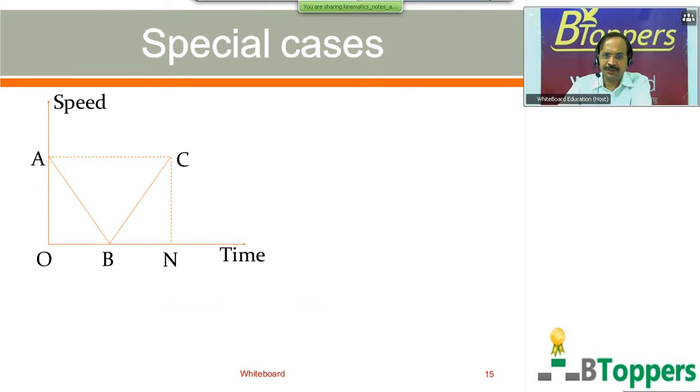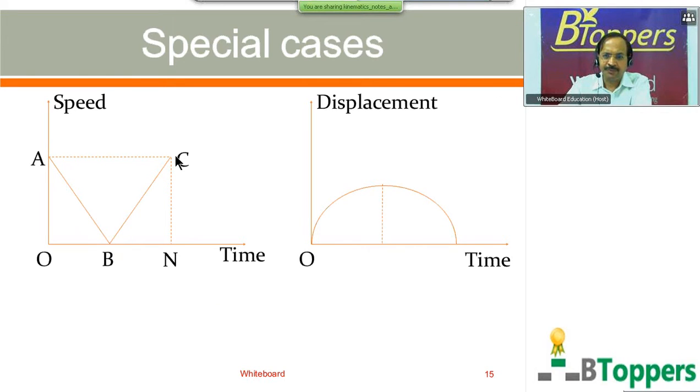This will be the speed time graph for the same case. That means speed along the y-axis and time along the x-axis. The line AB represents the graph for ascent or upward motion during which speed decreases. At the highest point, speed becomes 0. The line BC represents the graph for downward motion during which its speed increases. On the right hand side, I have shown the displacement time graph for the same case, case 3. If you want to copy these graphs, you can take a pause and copy the graphs.